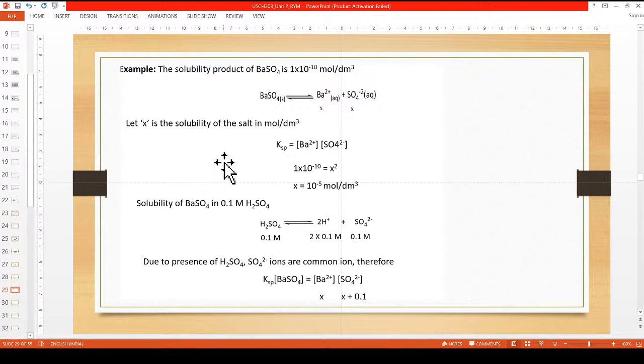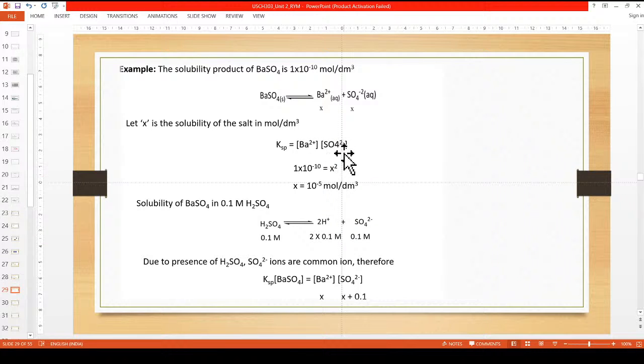Then if x is the solubility, how does BaSO4 dissociate? BaSO4 dissociates as Ba2 plus and SO4 2 minus. So whatever the solubility of BaSO4 is, that much concentration of Ba2 plus and SO4 2 minus ions is there. Therefore, the solubility product of